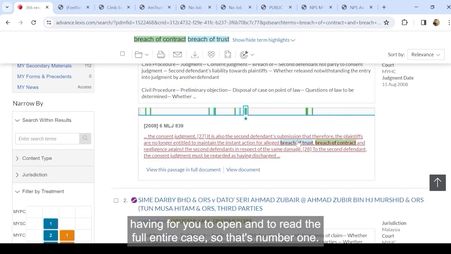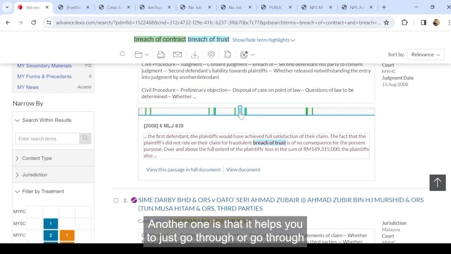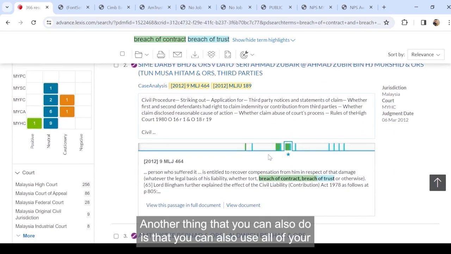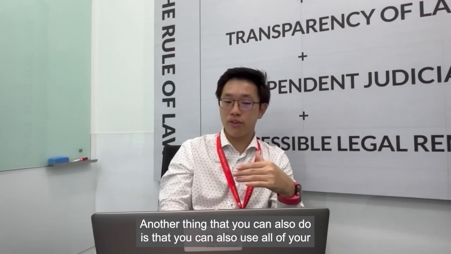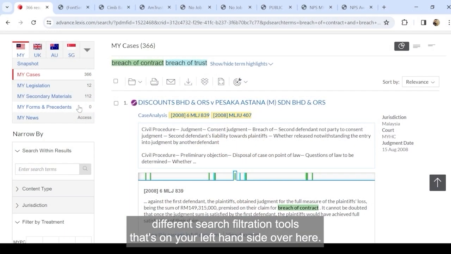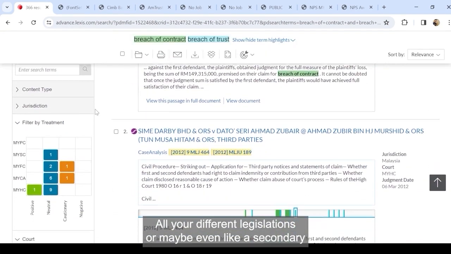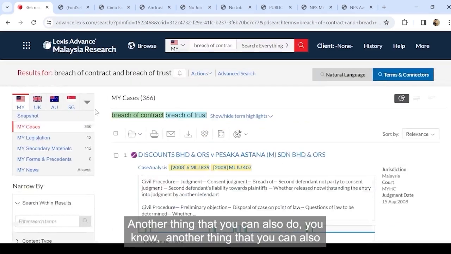So that's number one. Another one is that it helps you to just go through a preview of these particular case documents to save you more time in what you're trying to look for. Another thing that you can also do is use all of your different search filtration tools on your left hand side over here, where you can change your content viewing either in terms of all of your different cases or your different legislations, or maybe even your secondary materials itself, right? Another thing that you can also do,